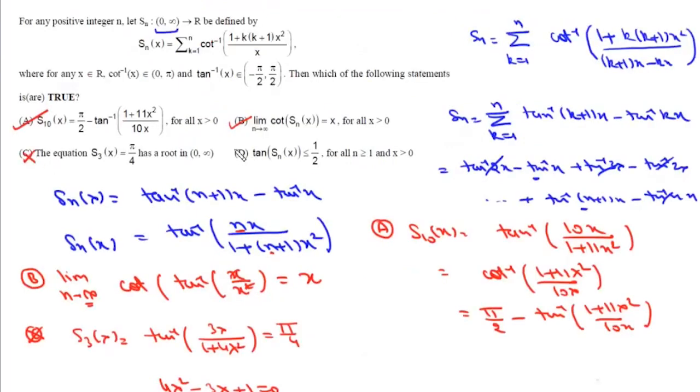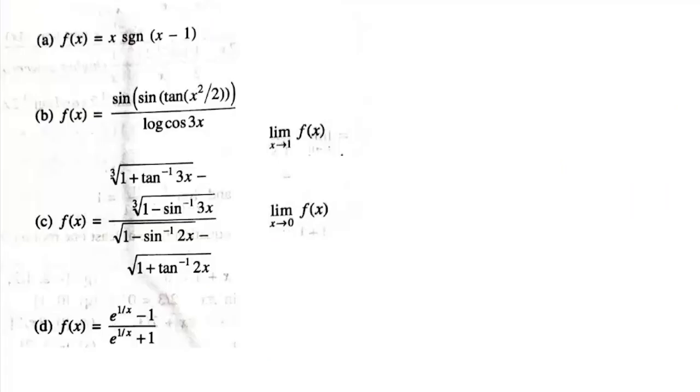So the correct options are only A and B. In this question, we are given these four functions and we need to find these two limits: limit x tends to 1 and limit x tends to 0. Now, if we look at this first function, we are given f(x) is